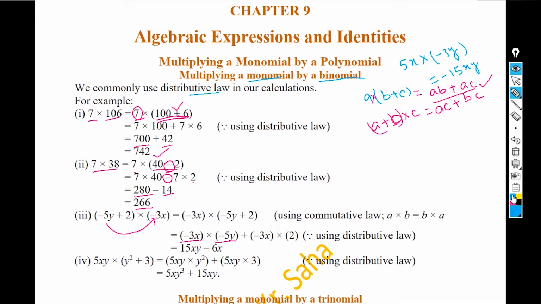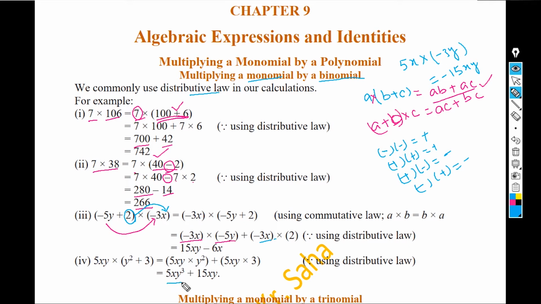And next multiply this 2 with this minus 3x, minus 3x into 2, and after multiplication we'll get minus into minus is plus, minus into minus is plus, plus into plus, you know it is plus, and plus into minus it is minus, minus into plus is also minus. Using that you can write here